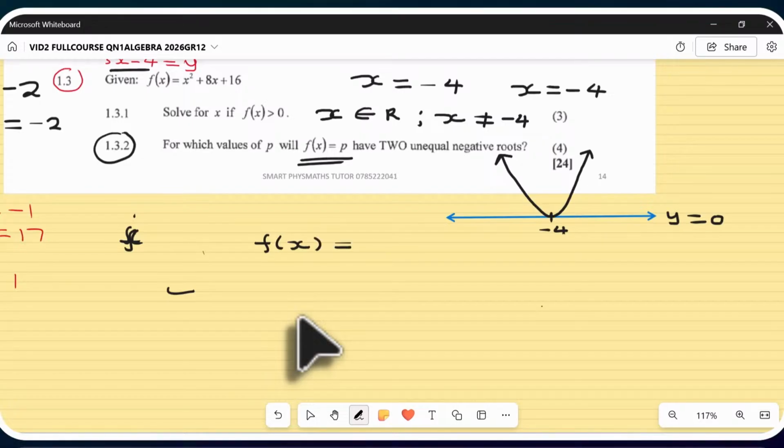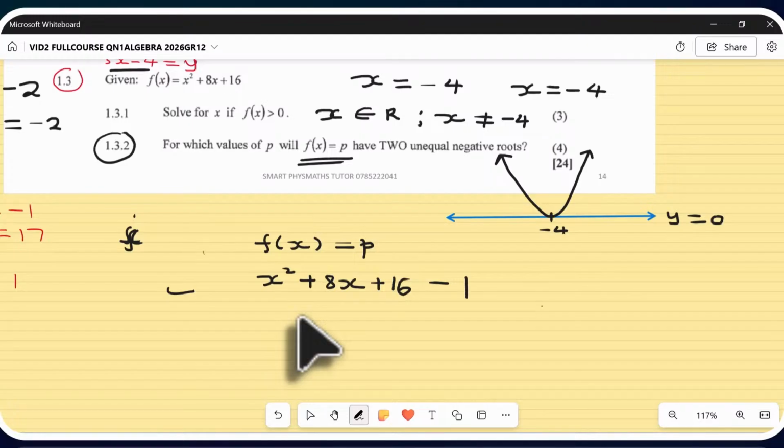What do you get? This is 64 here. Now 4 times 16 is also 64, so minus 64 here. And then plus 4p